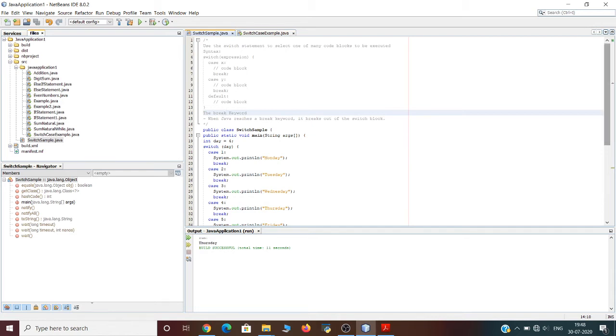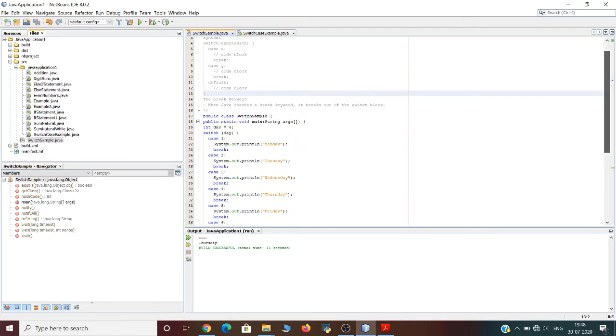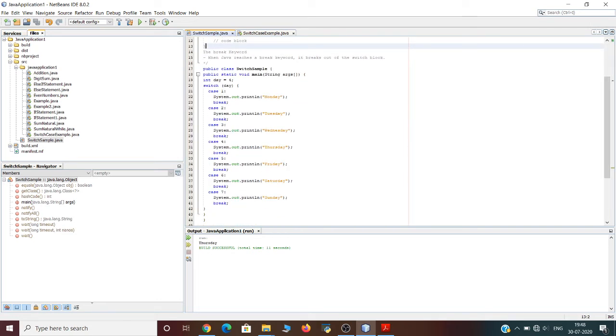Let us try to understand the use of switch statements with the help of this example. It is an example wherein we are using a switch case. Here we have an integer variable called day, where we have assigned the value of 4. As I said earlier, in a switch case, the value of the expression is compared with the values of each case.